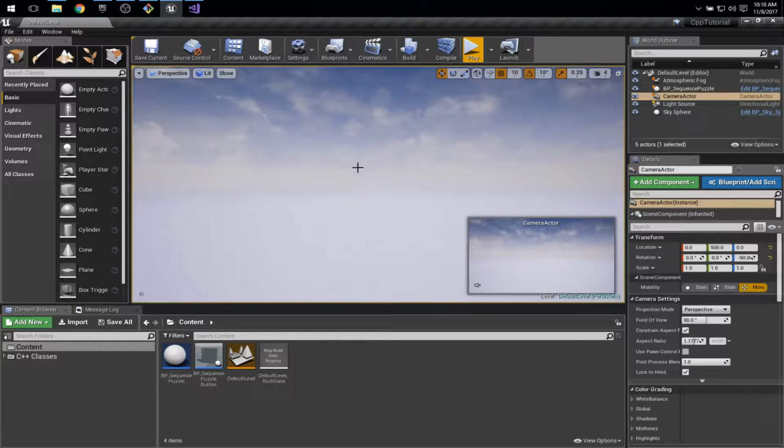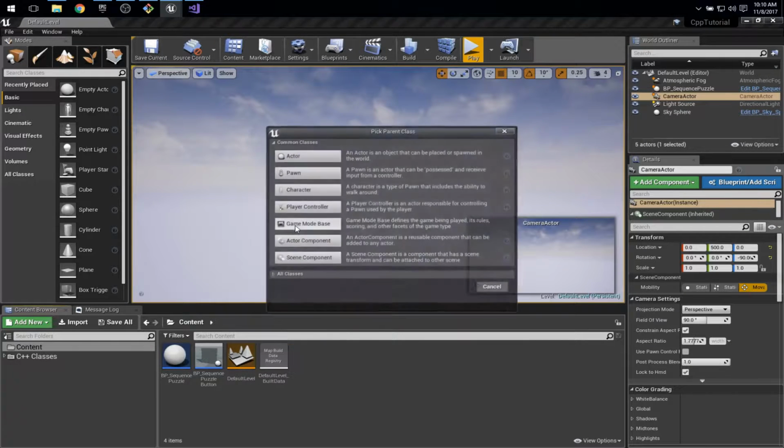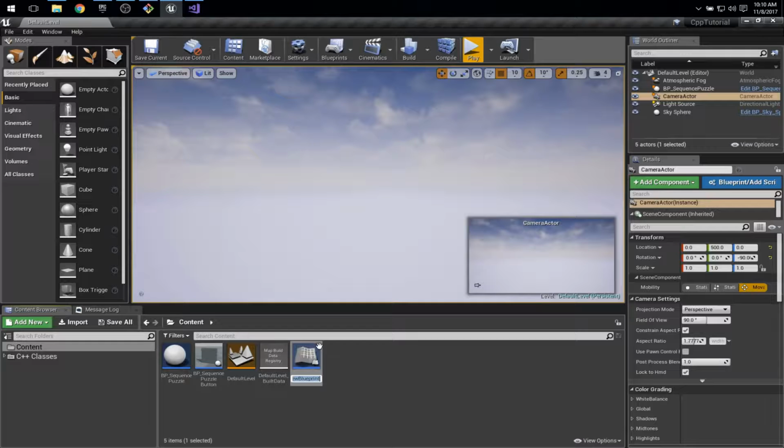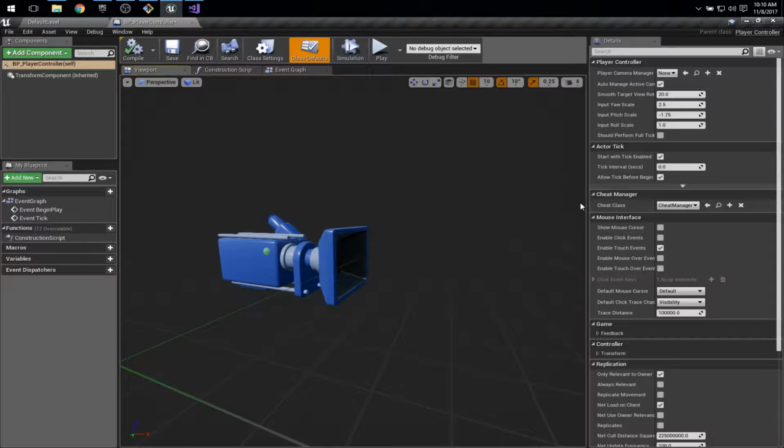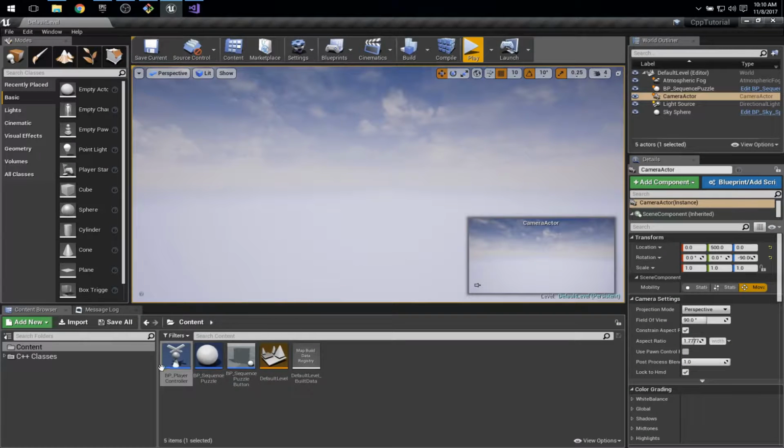So first thing I want to do is make a player controller, and I'll just do that in blueprints. This player controller will be responsible for making sure that I can move my mouse around and click on things. So we'll show the mouse cursor and enable click events. That's good. In order to make this player controller be used, I will also make my own game